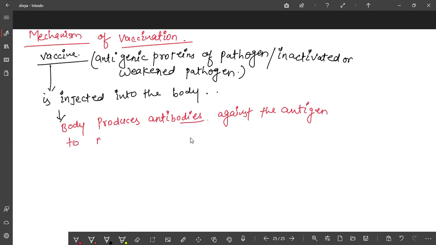In NEET, in zoology, usually students lose marks in which chapter? If you have not prepared every chapter, then you can lose marks in every chapter, because all chapters are important.